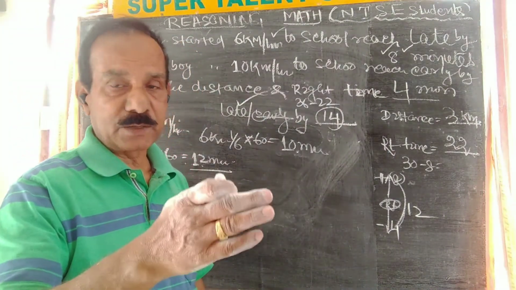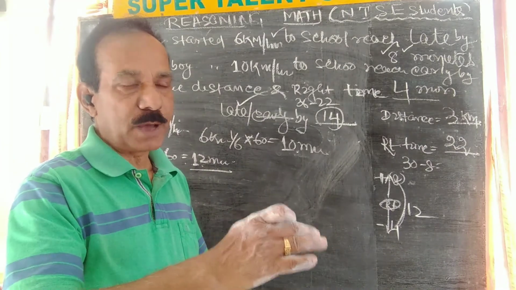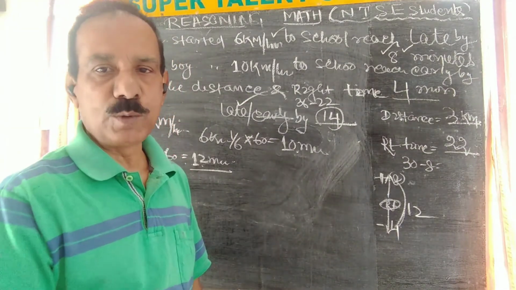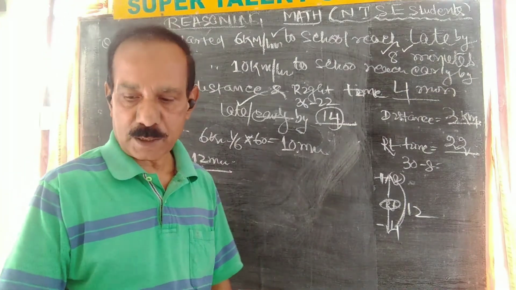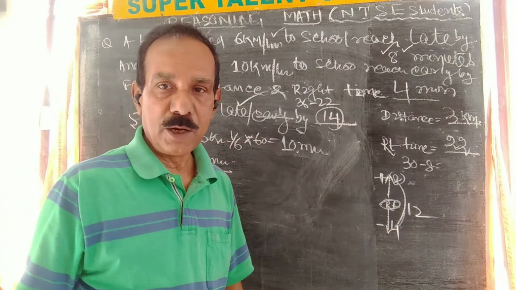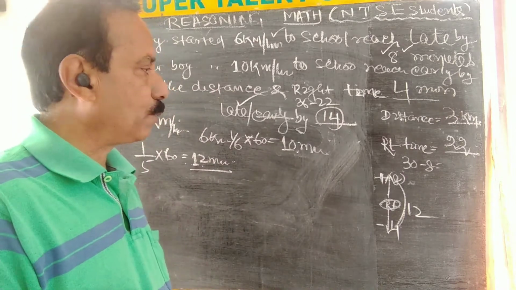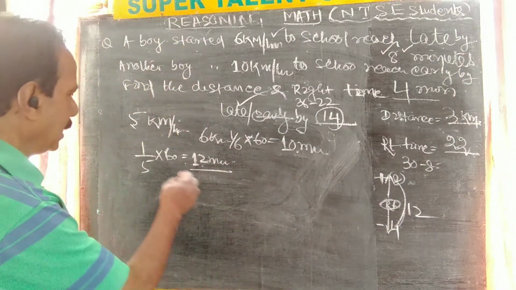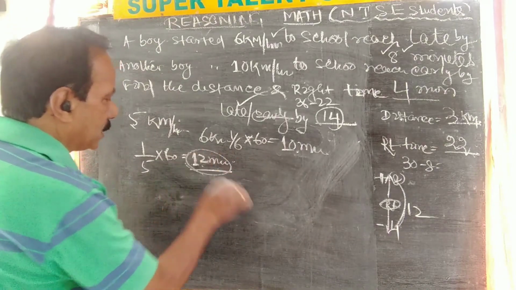See, 10 minutes, just like the first chapter I have taught you, that is the percentage marks: 50% marks plus 35 more than pass mark, 60%, what will be the pass mark? Not required to see the pass mark. You go through those chapters again and again to make the basics clear. Don't go for the answers to get the scores; get the marks, understand the things. Now see, 1/5 kilometer, in 2